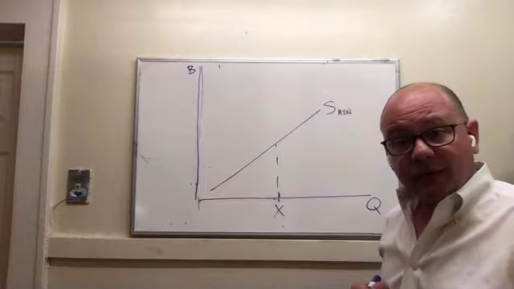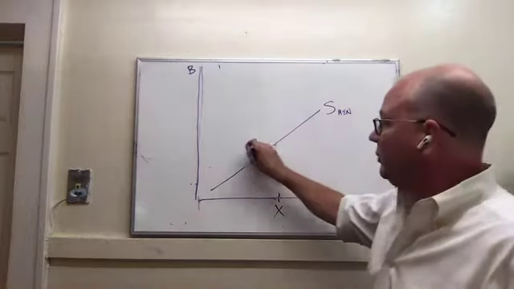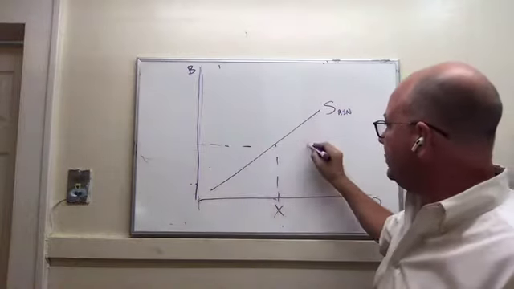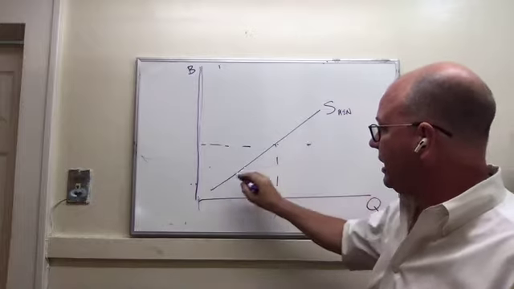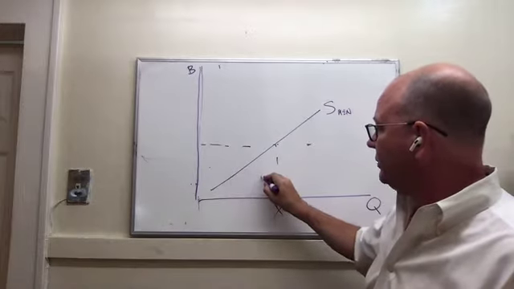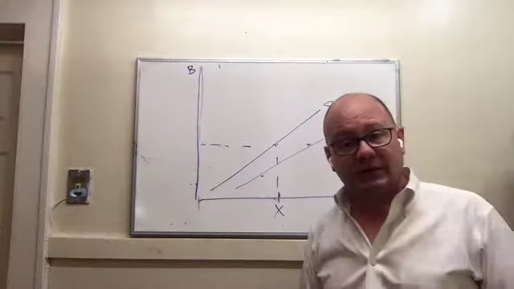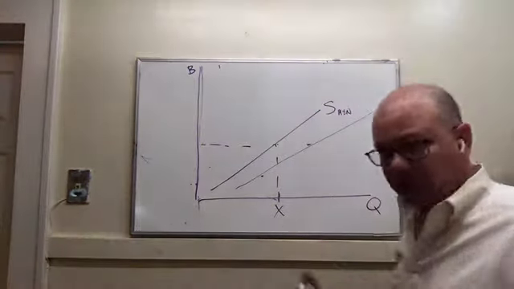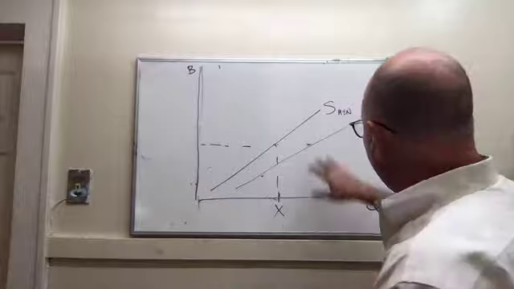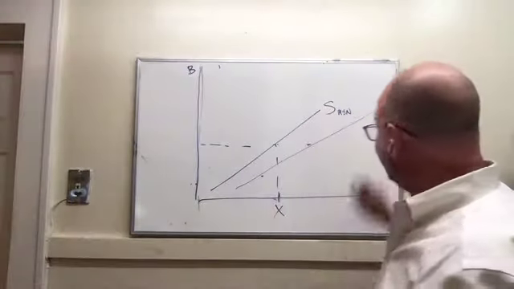So now what happens when we allow women to serve equally? Well, we're going to have the men, and then we're going to have some women. So this dot would move out to the right, and this dot would move out to the right. We'd end up with a new supply schedule, an aggregate supply schedule. In other words, we're adding all the men and all the women together.